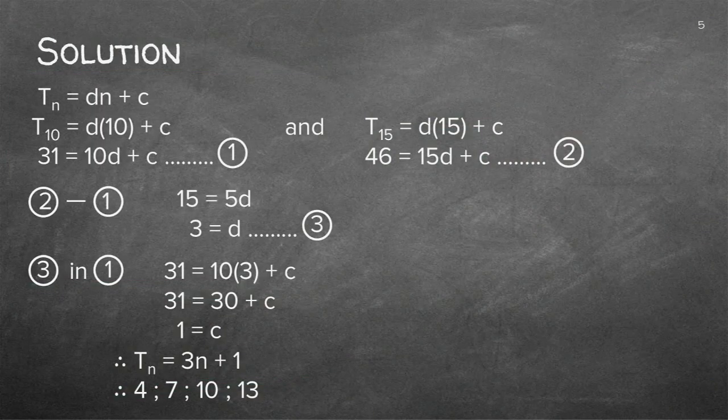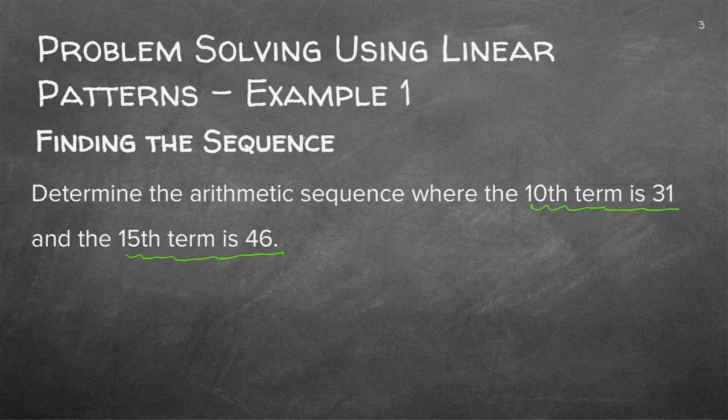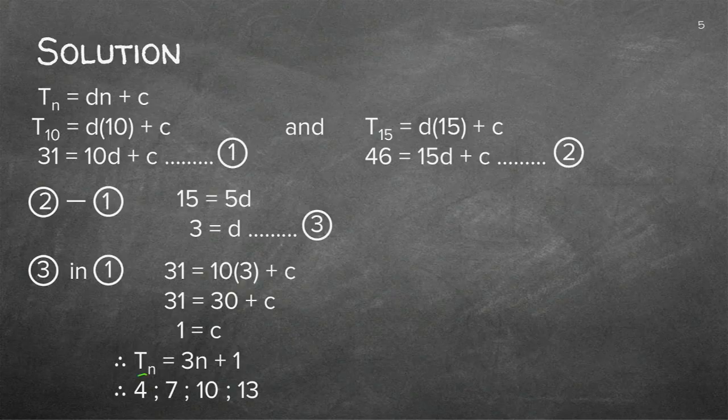Actually, maybe we did not read the, let's just quickly go back to the question. Determine the, they did not just ask this formula. They also asked the sequence, because I saw now there in the answer. So once we've got that formula, the formula was 3n plus 1. Now I can write down the sequence. And we normally only have to write down the first 3. It depends on what they're asking. If they say write down the sequence, we can write down 3 and we can just make dots there to show that it does carry on.